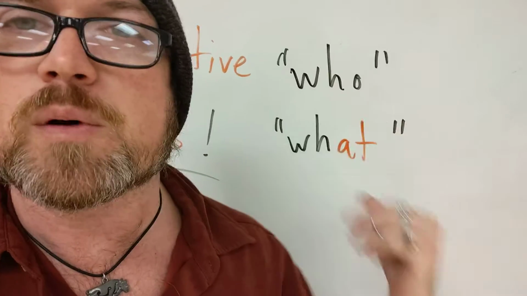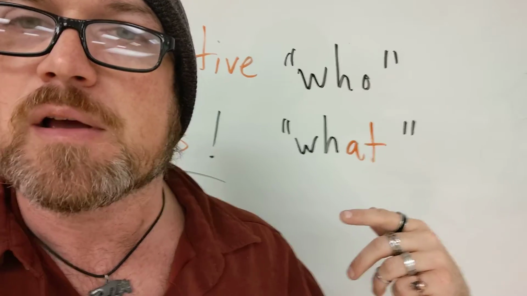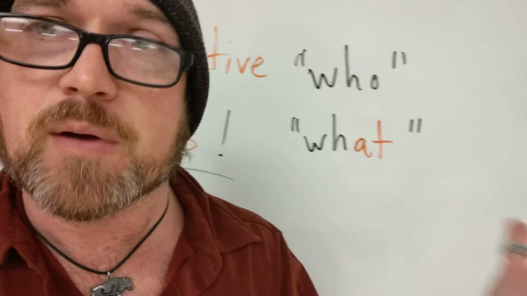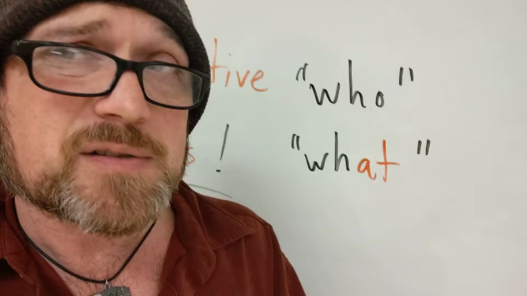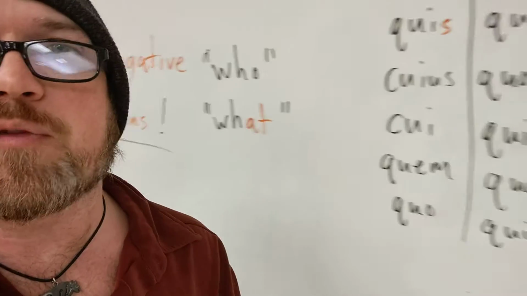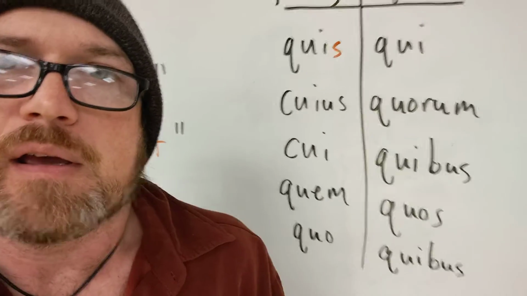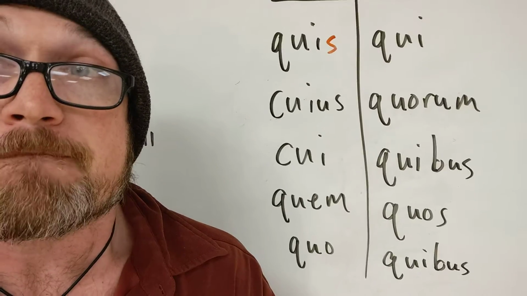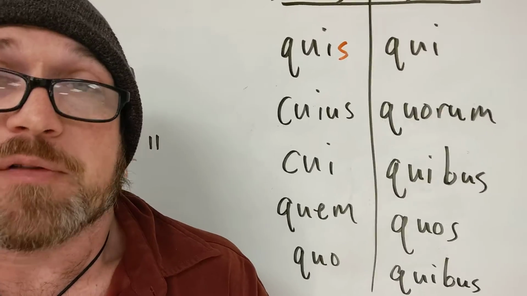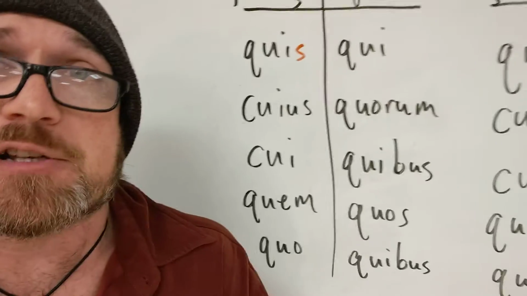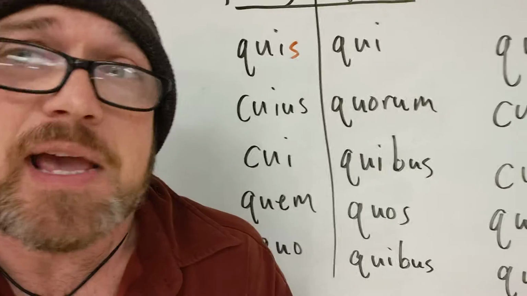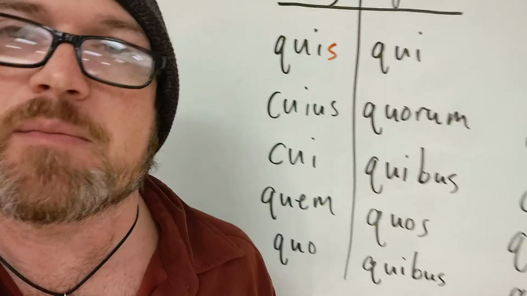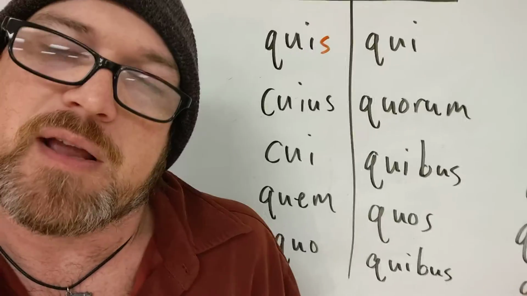And in the same way that who and what are nearly identical to the relative in English, right? Who could be relative or interrogative. It's actually sort of the same in Latin. When you look at the form here, the masculine, instead of having a qui in the nominative singular, is a quis. But that's actually the only part of the form that's different. The rest of the forms are literally the same. They're not different. It's just that one little letter that's different,